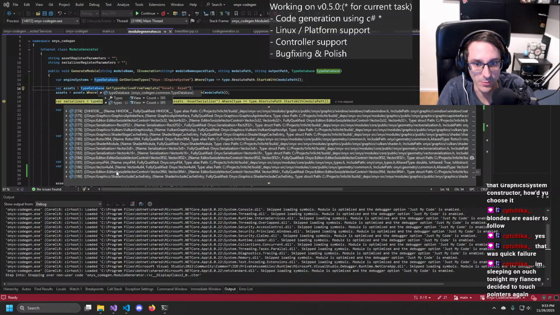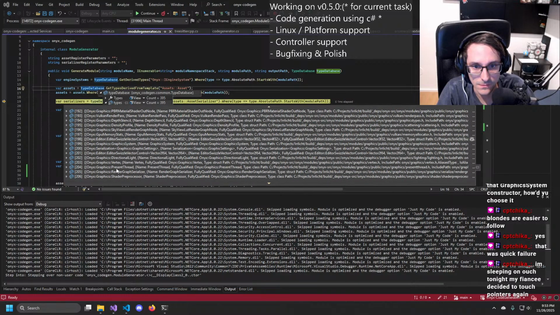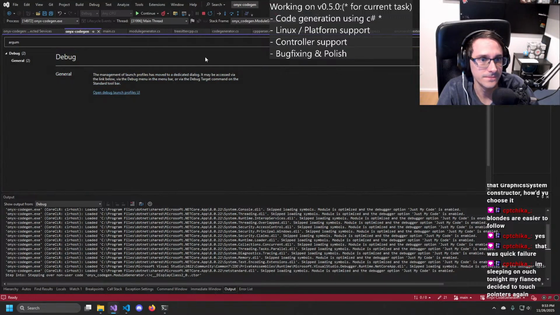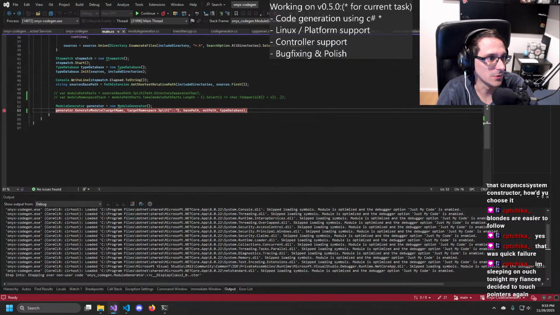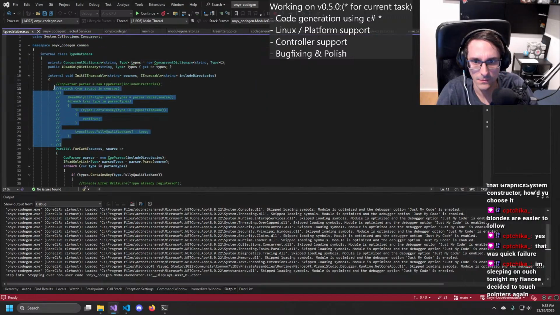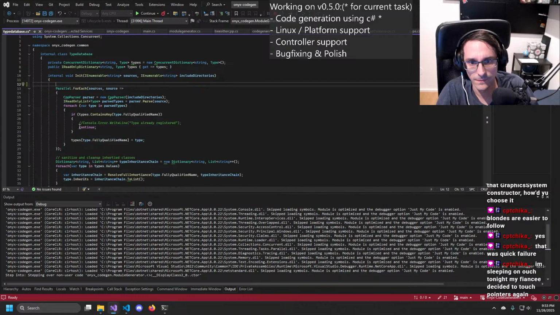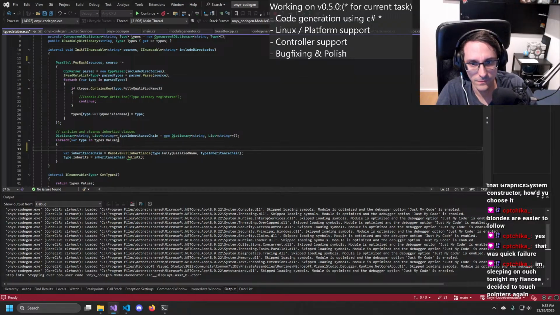We could set a breakpoint as well. When we do the type database, why is that not working? Interior shader graph.